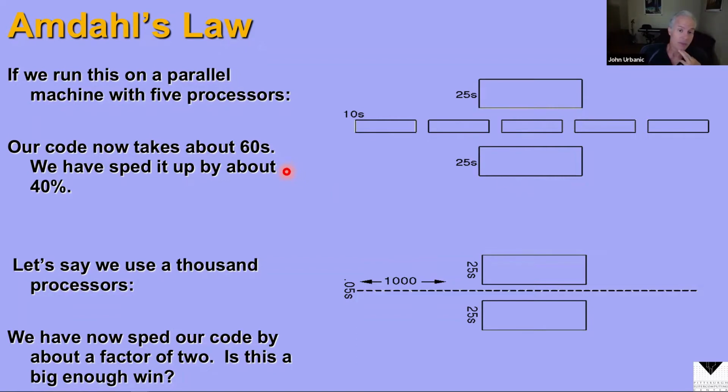That might be useful. But if we take that code and run it on 1,000 processors on some big cluster or supercomputer, the section that we parallelize speeds up so much that it's only taking a fraction of a second. But the serial parts that we didn't speed up are still taking 25 seconds apiece. So it really only sped up by a factor of 2, even though we're running on 1,000 processors and much more expensive hardware. That's probably not a very satisfactory result. We're not happy if somebody's running on Bridges and using a lot of hardware and only speeding up by a factor of 2. So Amdahl's law is basically just this in algebra form.